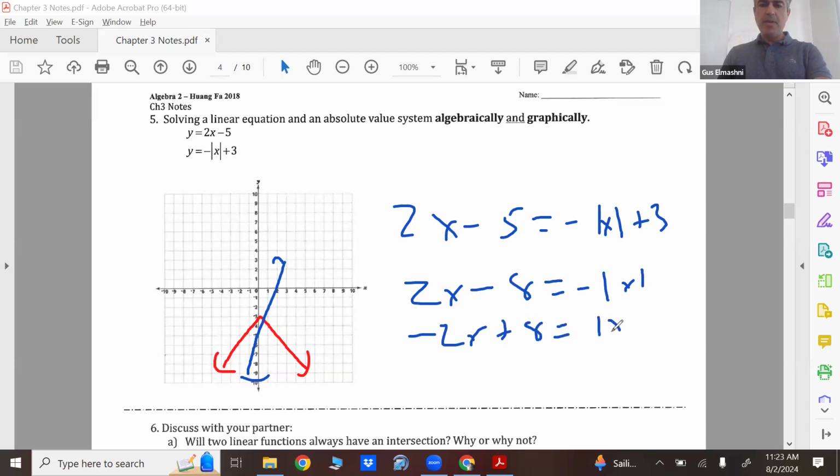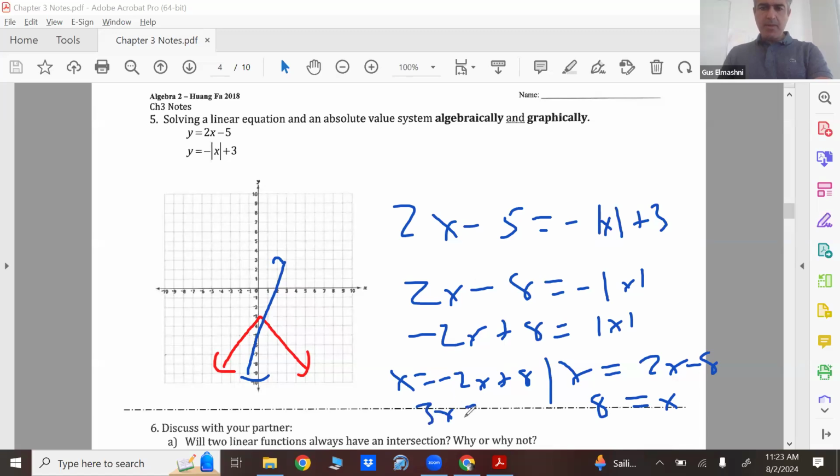Multiply both sides by -1. So x will equal that, and x will equal the opposite of it, 2x minus 8. So you get x equals 8. Or here you get, let me think here, 3x equals 8, x equals 8/3. And I think you're only going to get, did I do that correctly? I think so. Seems a little off to me. Well,